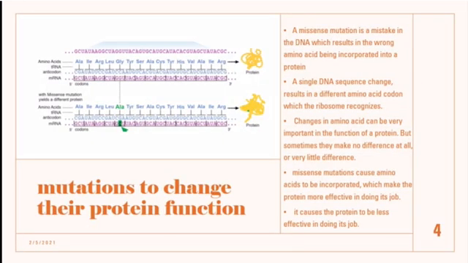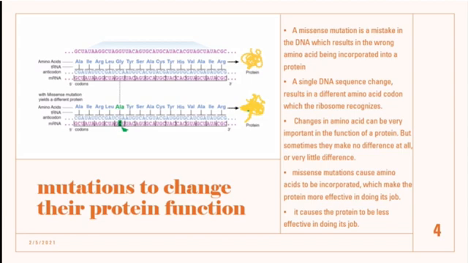Mutation can change protein function. A missense mutation is a mistake in the DNA which results in the wrong amino acid being incorporated into a protein. A single DNA sequence change results in a different amino acid codon which the ribosome recognizes. Changes in amino